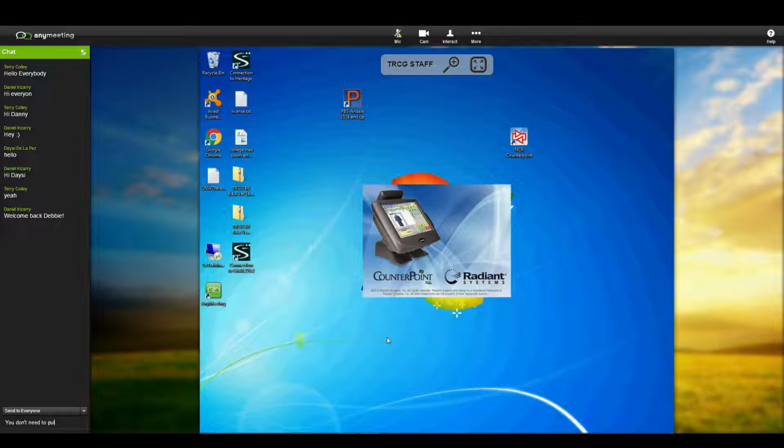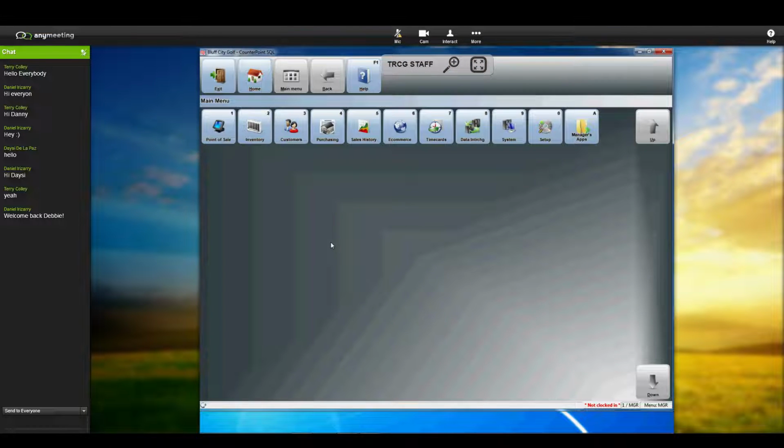Go ahead and go into Counterpoint. Yesterday, I want to go through just a little bit of the end of day before we get started on a new day, because I'm not sure if Russ went through that yesterday or not. I can't recall what's on the basic point of sale list. So if I go to point of sale